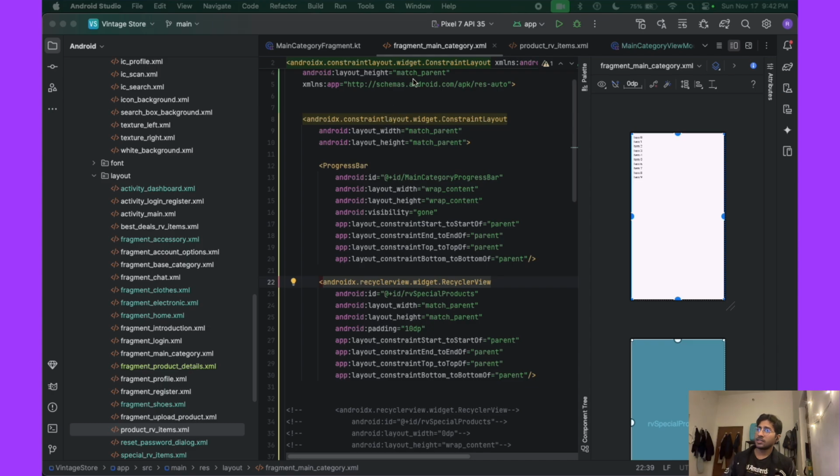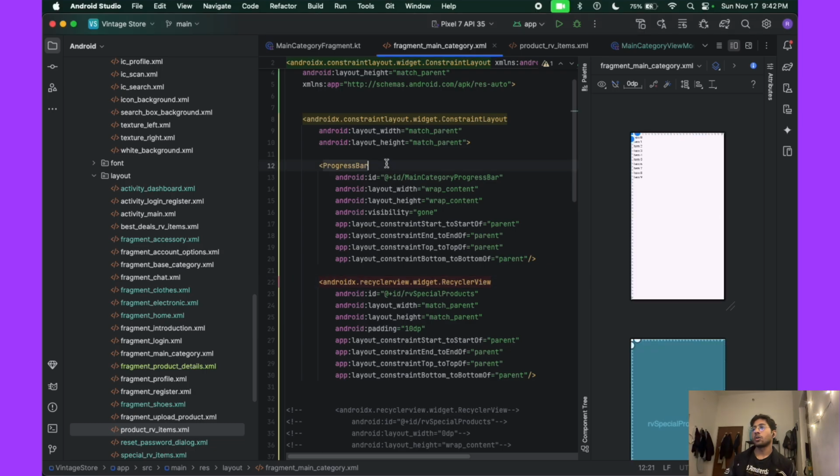So this is my main category fragment, which is inside the home fragment. The home fragment has different types of categories like main category, chair. Previously I explained that I have different types of tags which are created by the user to define which type of product the user is uploading on this application. So the main category contains all types of the products the user has uploaded. So all the users have uploaded on this application, and we are going to fetch those data in our application